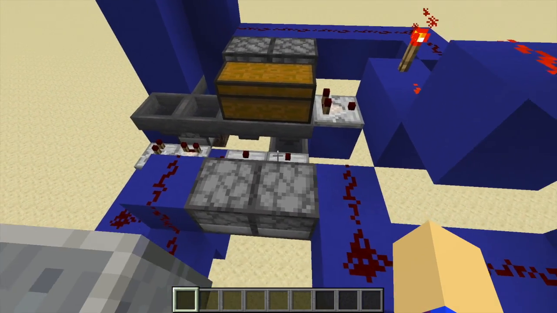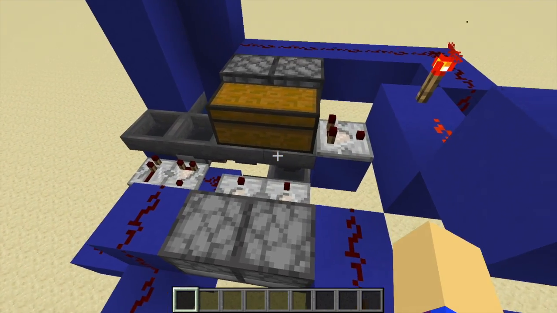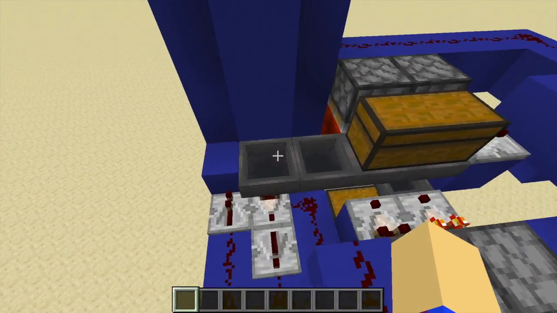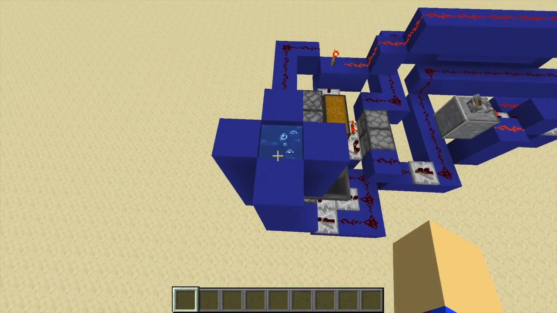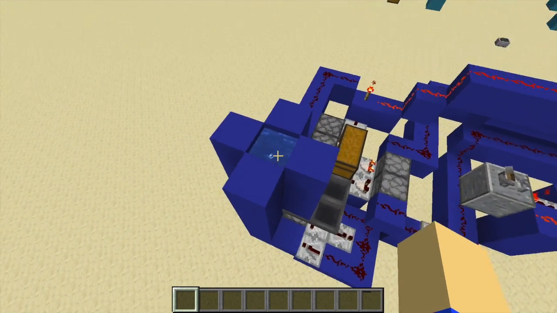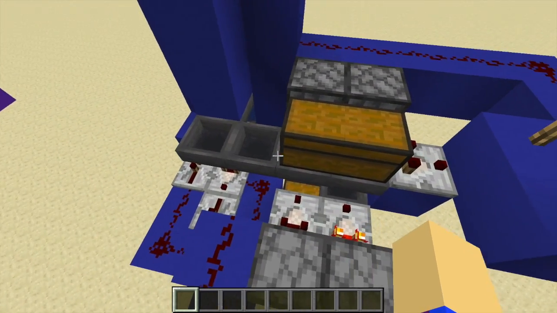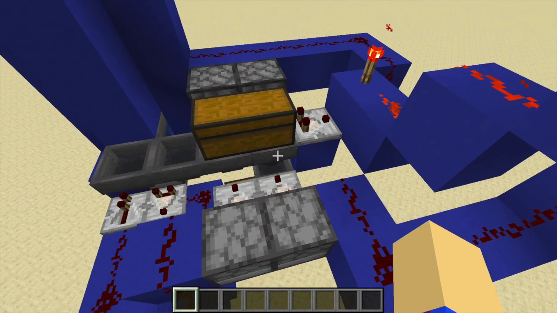That will allow the items from the filtered payment chest to go either into accepted payment or to go through this hopper line into a dropper circuit, which goes into this bubble elevator, and have the items returned to the user. So the way that it is determined to go to either the user or down into the accepted payment